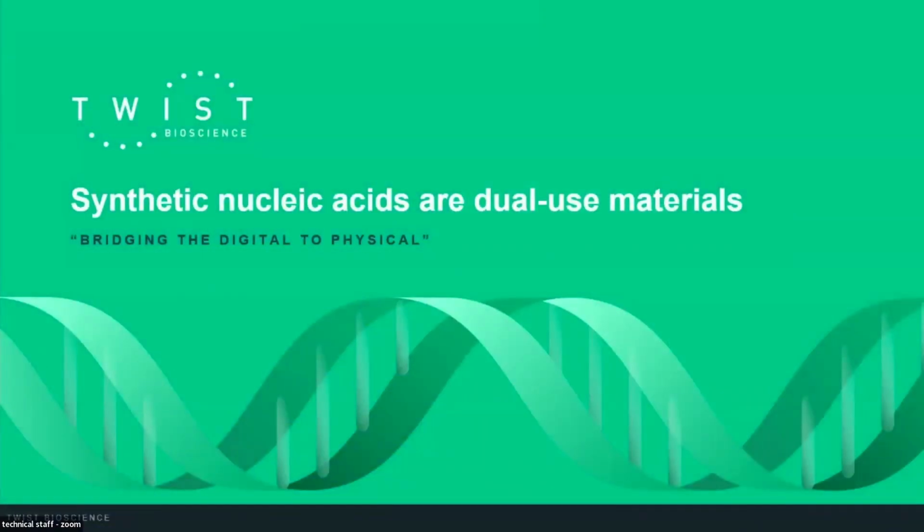So Twist, if you're not familiar, we're a DNA synthesis company based on the West Coast of the United States. I lead biosecurity for the company. And in the context of synthetic DNA, what that generally means is treating DNA as what's called a dual-use material. So this is a material that can be used for amazingly positive things, but also, and you've heard some talk about this today, you could make a synthetic virus and try and cause harm with that.